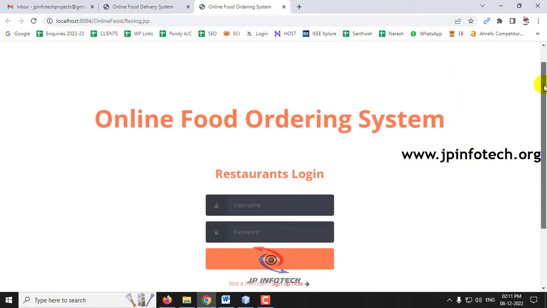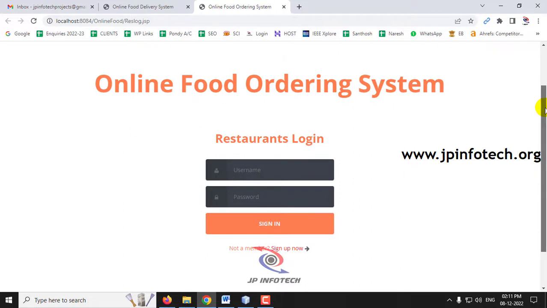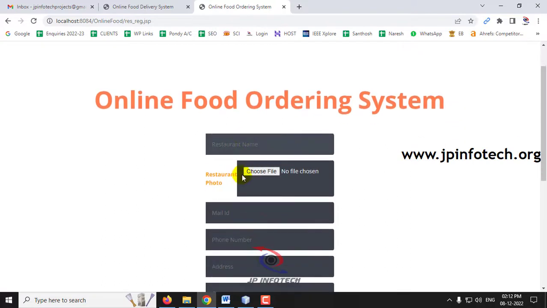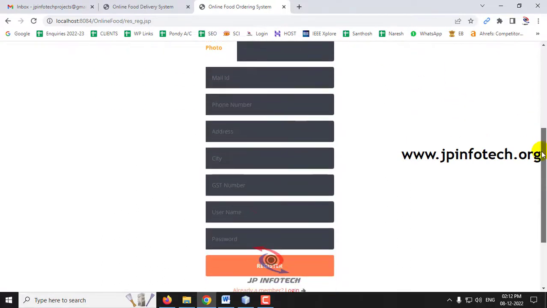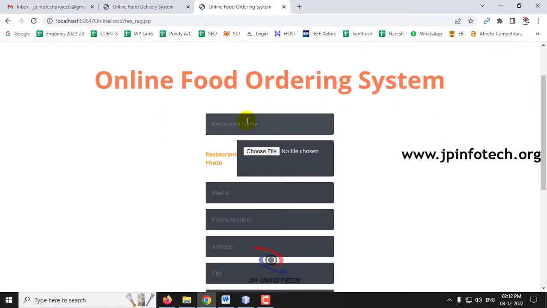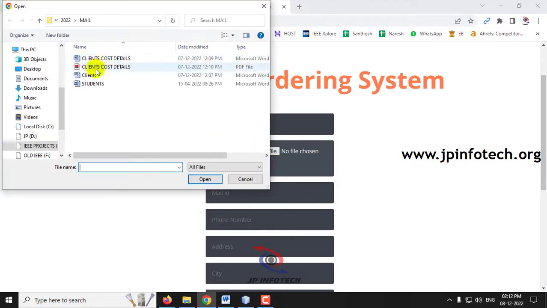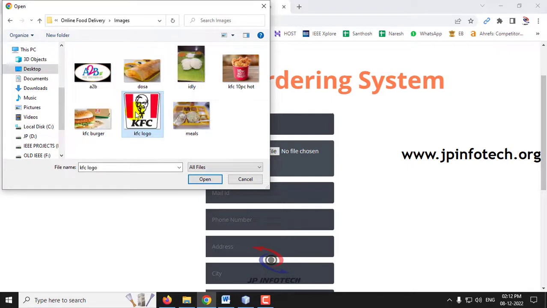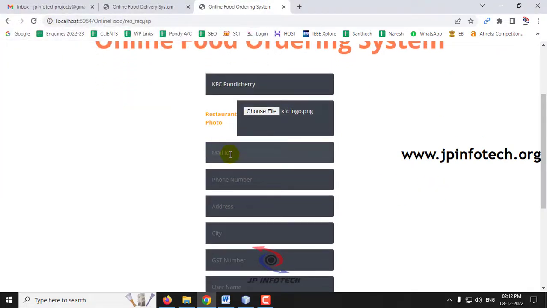Once after clicking the restaurant management, it will be navigated to the restaurant login page. As I am a new restaurant, I am not having any login. So first let me click here on sign up now. It will be navigated to the registration page where a new restaurant can add their restaurant details. Let me enter the restaurant name here as KFC Pondicherry. Let me name it like this, and let me choose a photo for it by clicking this restaurant photo option. Let me select a logo for this